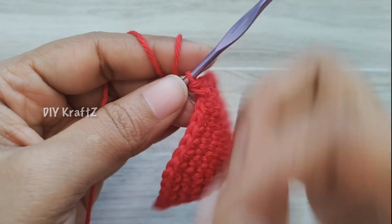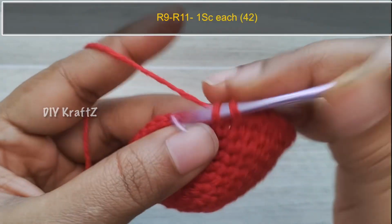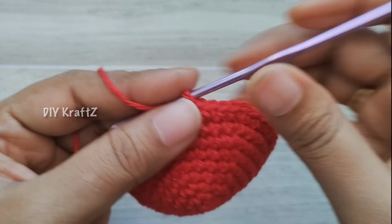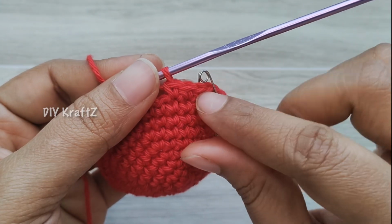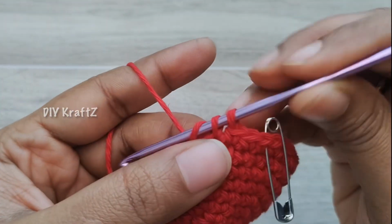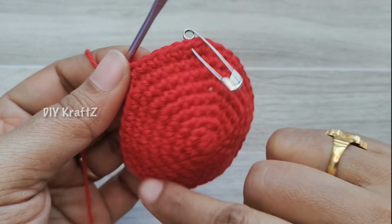Now remove the stitch marker and let's start making the 9th row. Make one single stitch and put the stitch marker back. Did you notice I forgot to put the stitch marker in the first stitch? It's very difficult if you have missed any stitch or count, so it's mandatory to put back your stitch marker as soon as you start your work, for